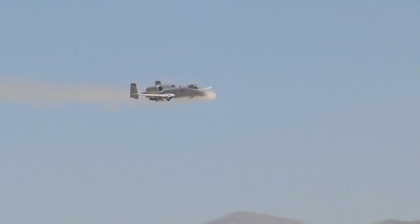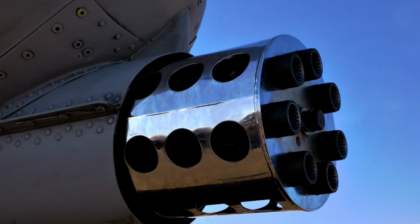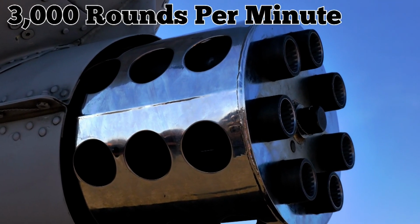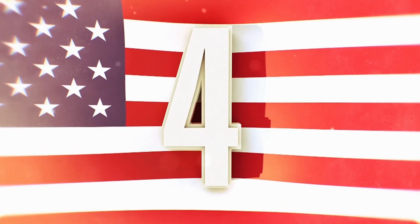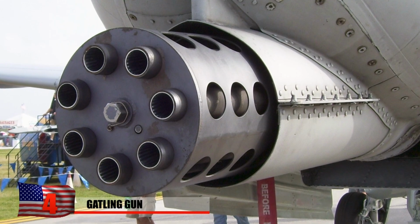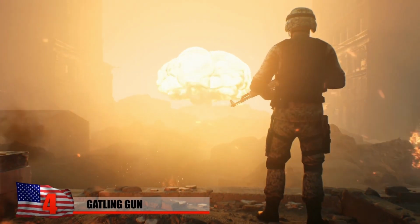Amazingly, this gun has the ability to fire 50 rounds in 1 second, which makes it capable of firing a mind-boggling 3,000 rounds per minute. 4. Gatling Gun. As we mentioned before, the GAU-8 can be traced back to the Gatling Gun. And if we're going to talk about the most powerful heavy guns in the world, then let's look back at